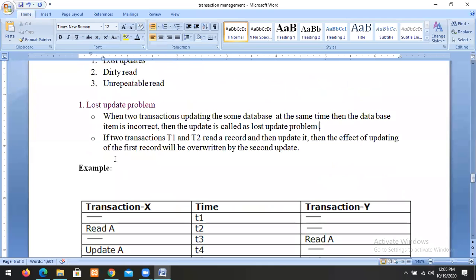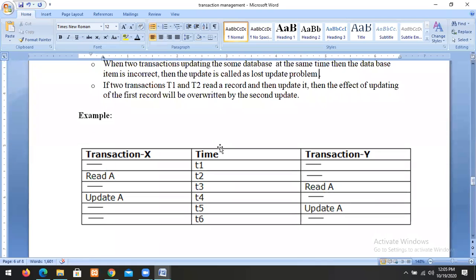Let us assume that there are two transactions, T1 and T2, that read a record and update it. For example, we have two transactions, transaction X and transaction Y. At time T1, no operation.